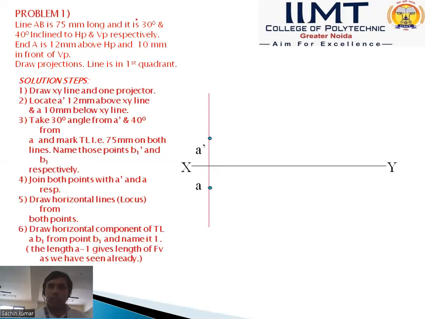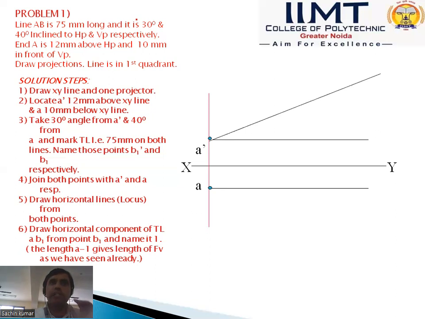So we have drawn the 30 degree line. We can use the locus of a dash with parallel lines, so we have made the locus of a dash and a. Then after that, a dash at 30 degree inclined to HP, theta, means true length is 75 mm and 30 degree inclined to HP. Means we had only assumed 30 degree inclined to HP, means a dash